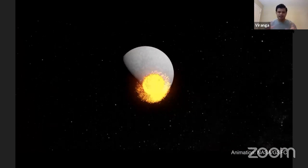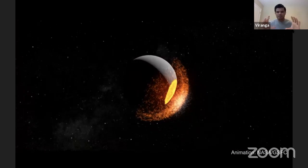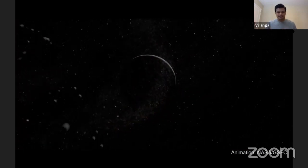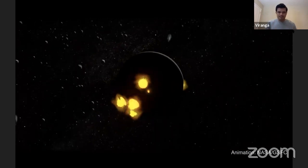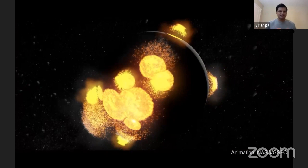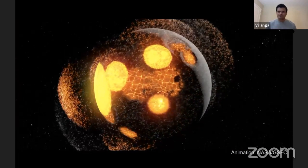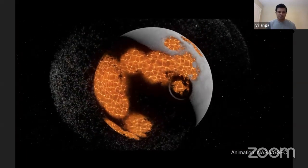I showed you that huge impact crater on the southern pole of the moon, South Pole-Aitken Basin, and that is trying to show you that particular impact on the South Pole. Here are other impacts that happened later. You won't recognize them right away, but hopefully in a moment you'll recognize what these are. So many impacts happening to the moon early on. We're talking about 4 billion years ago, and a lot of impacts happening,